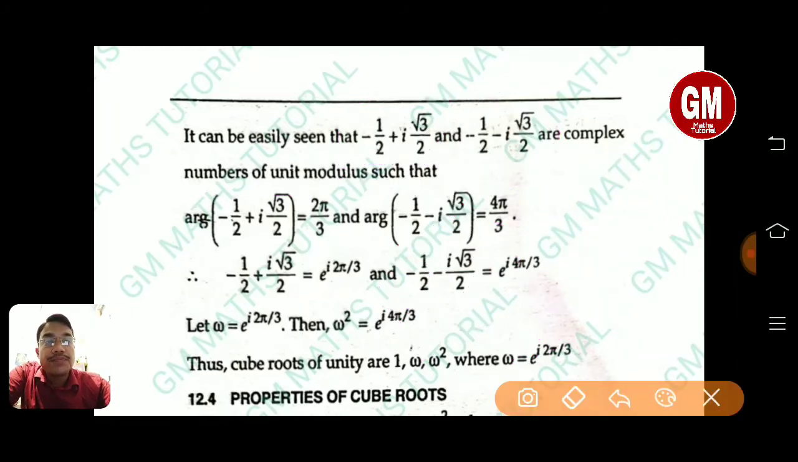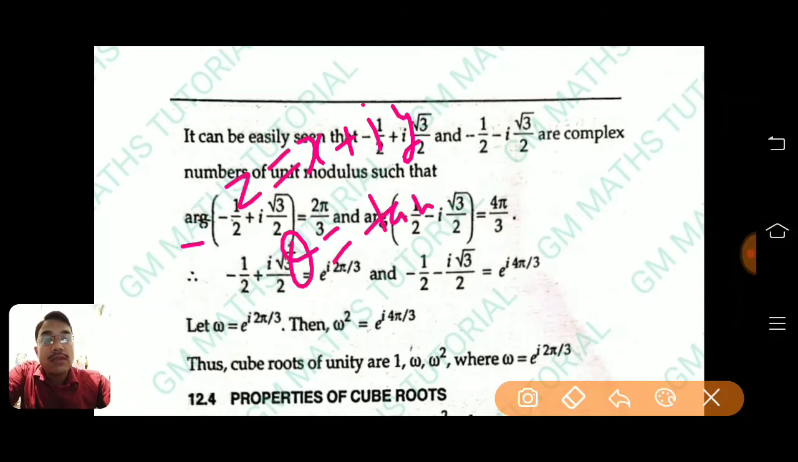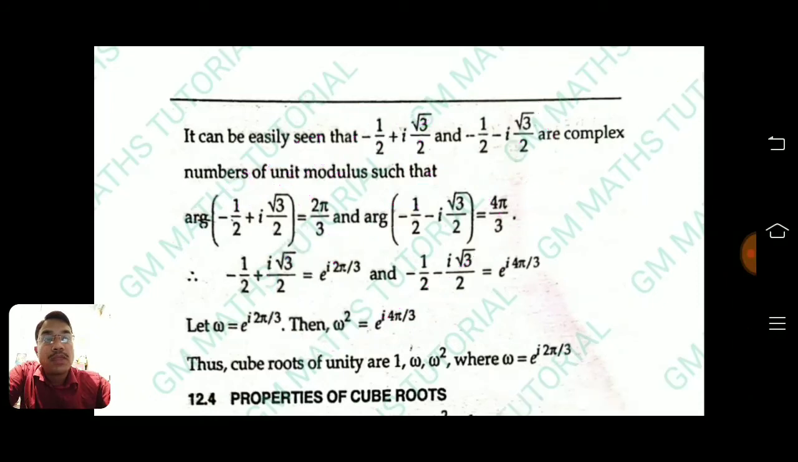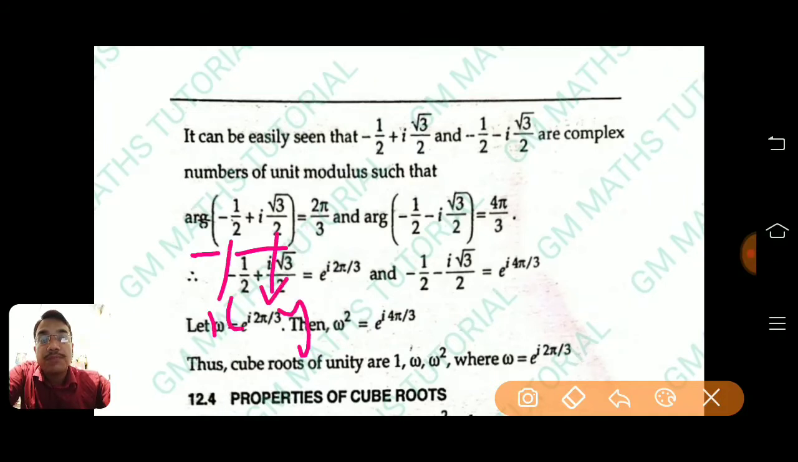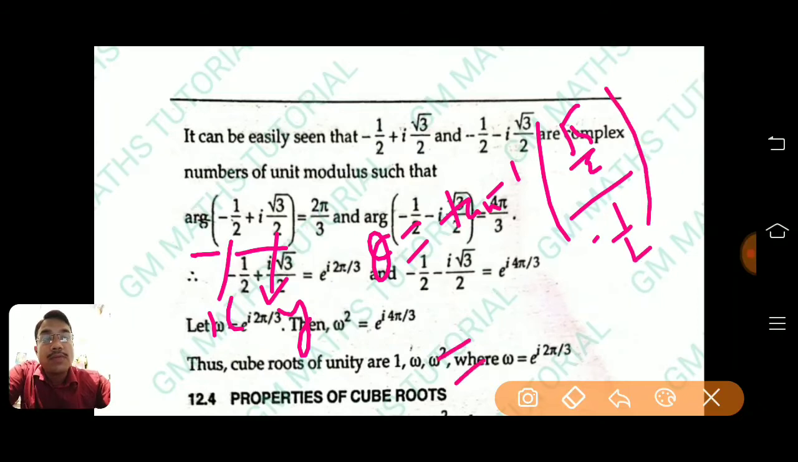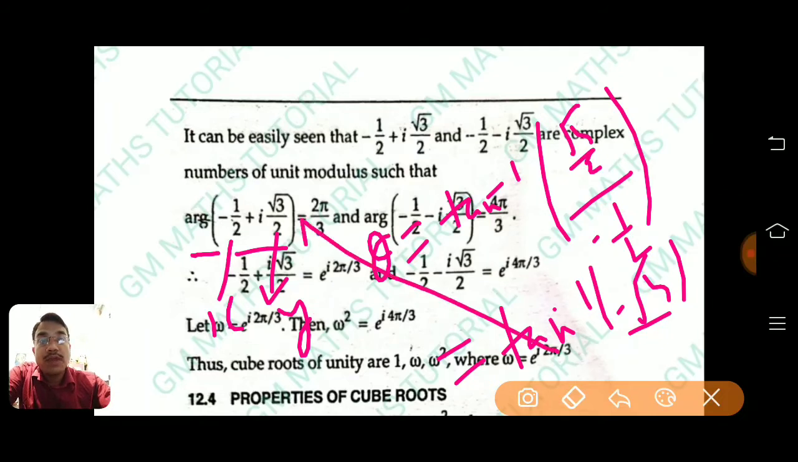And next, the argument. We know what the meaning of argument is. If we consider any complex number z equal to x plus iy, then its argument theta is tan inverse of y by x, and this is known as the argument. So here, if we take the argument of this number, this is x and this is y, the argument theta will be tan inverse of root 3 by 2 divided by minus 1 by 2, and this will give tan inverse of minus root 3. We know that tan is negative in the second and fourth quadrants, so its value can be written as